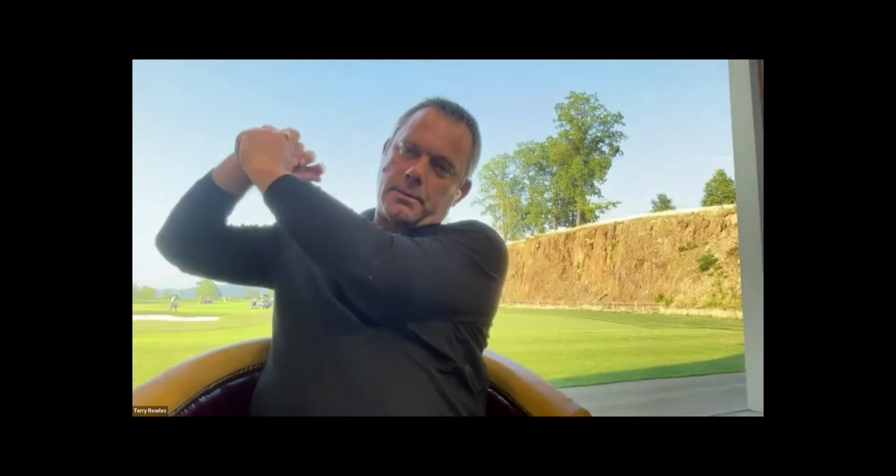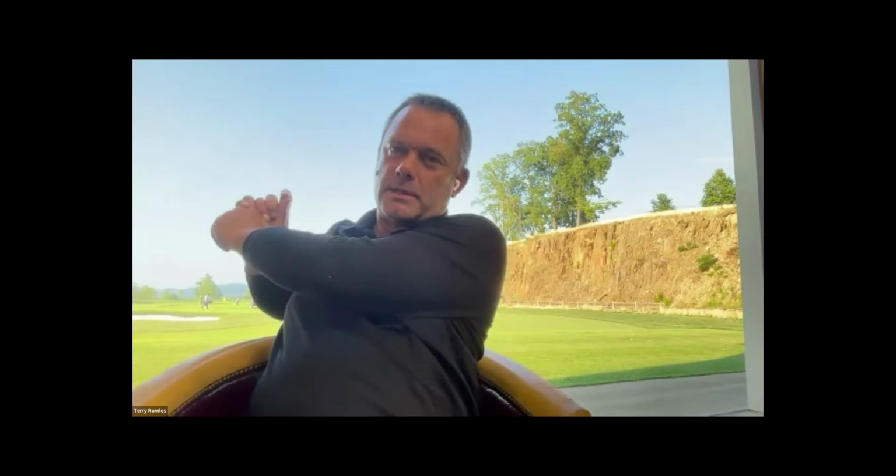Fred Couples, just as a sort of pick it up, but then at some point in the downswing, he would develop that relationship. One of the ways to understand that variable is like Jack Nicklaus saying, I want to keep the club between my elbows. If you want to keep it between your elbows, then something else has got to move, right? The club is not really moving side to side, so the elbow has to get deeper,